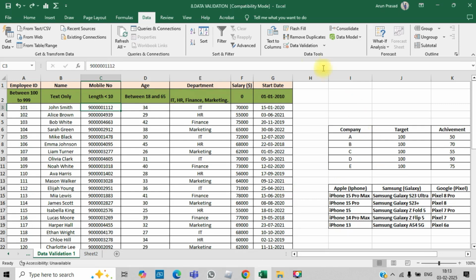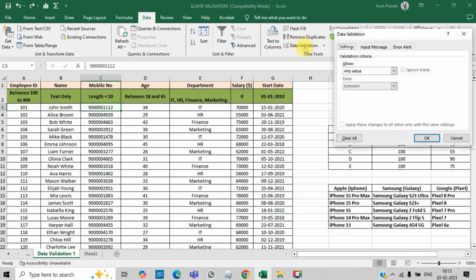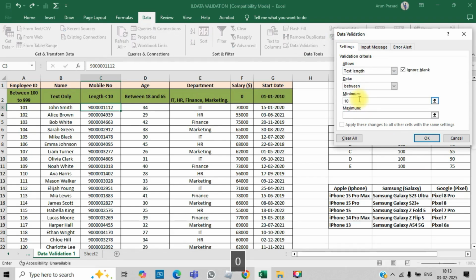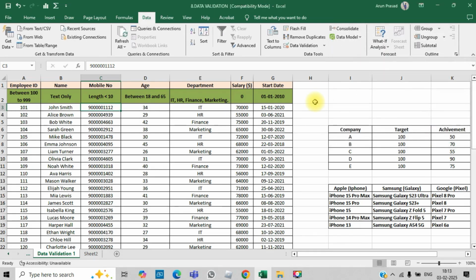We can say data validation, text length, minimum is 10. Or it is better we use between. Minimum is 10, maximum is 10, because you cannot have less than 10, and you cannot have more than 10 either. Both cases you have to ensure. So we are giving between, minimum 10, maximum 10, and clicking okay. So when I type something more than that,